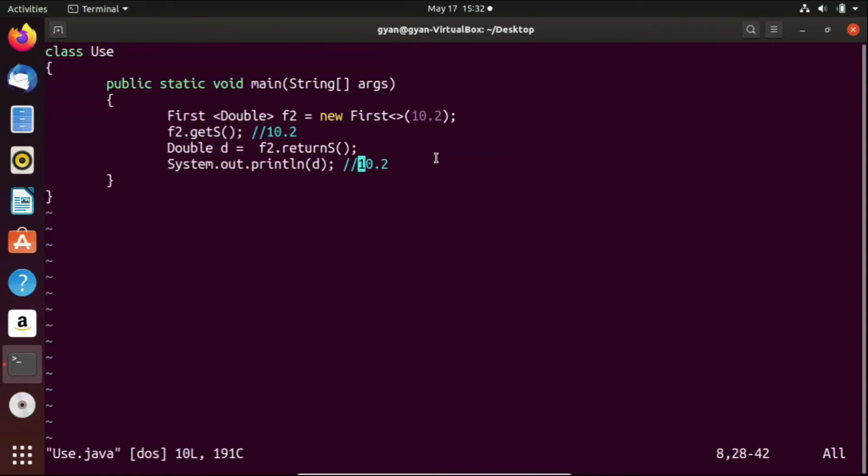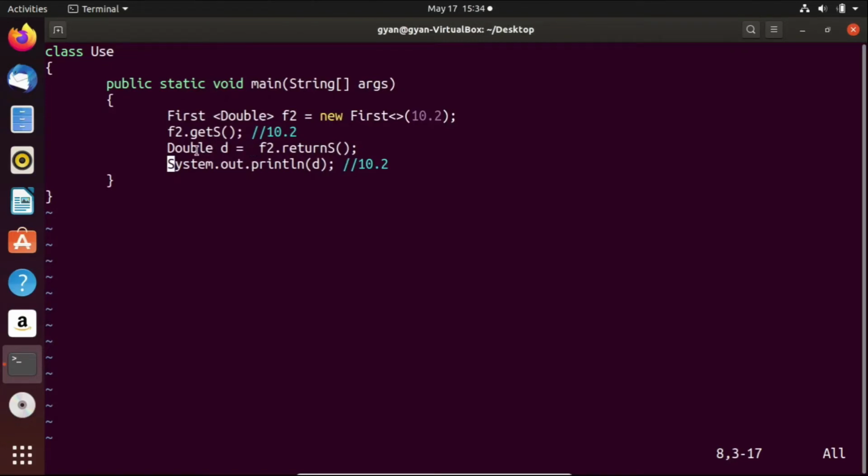But this was not expected, that without typecast we can store a reference of type object into a reference variable of type double. Actually, what is happening here? By looking at the latest value of the variable s, the compiler typecasts the value returned by the returnS, which we as a programmer cannot see.